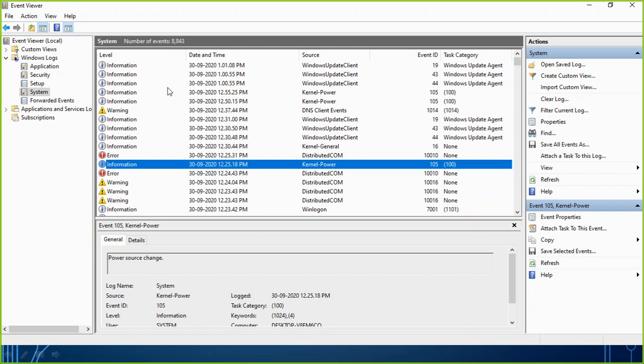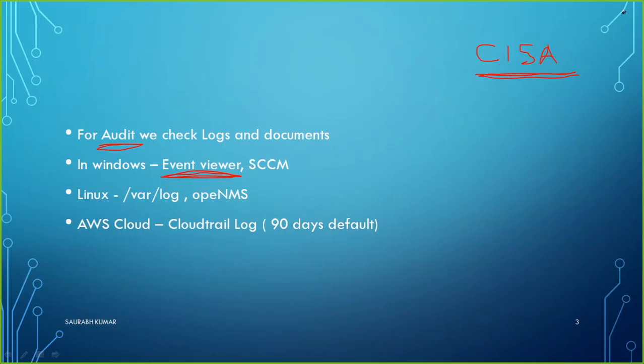That I have talked about for a Windows machine. If you are using a Microsoft virtualization platform, there you can use a Microsoft product known as SCCM, and SCCM is nothing else than System Center Configuration Manager.